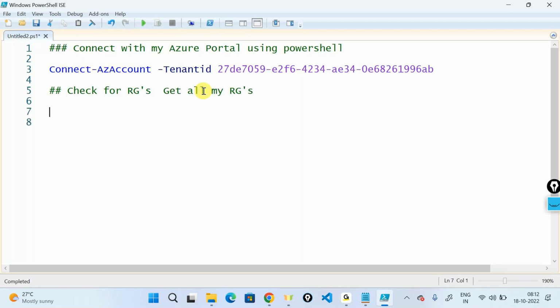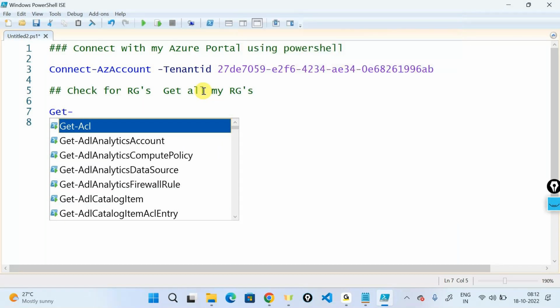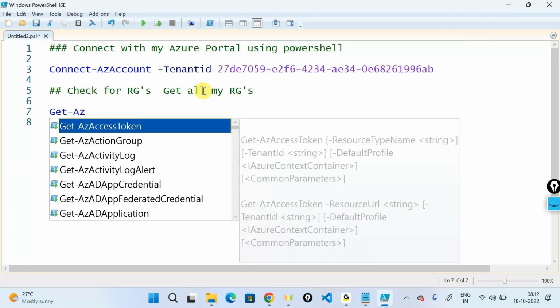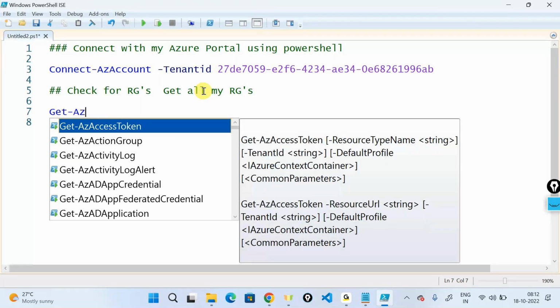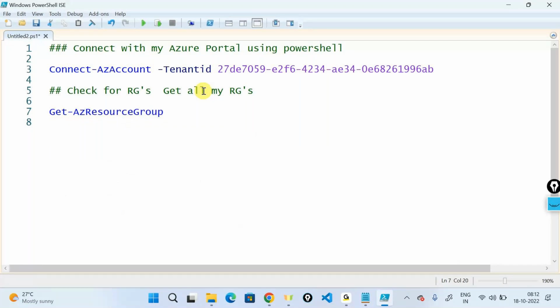In order to get the resource groups, the command here again is a Get hyphen. Anytime you want to get something, yesterday we were trying to get services, so I said Get-Service. If you want to get the execution policy, it says Get-ExecutionPolicy. In my case now, it's Get-AzResourceGroup, where Az is Azure, and I want to get the resource groups that are running in the Azure portal. So I'm telling it to please go ahead and get me a resource group. And if I go ahead and run this command,